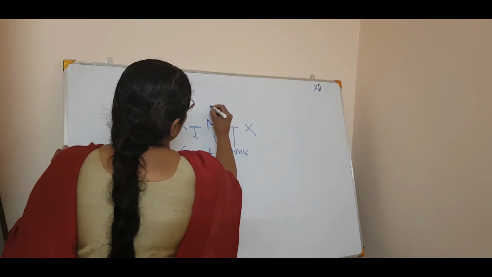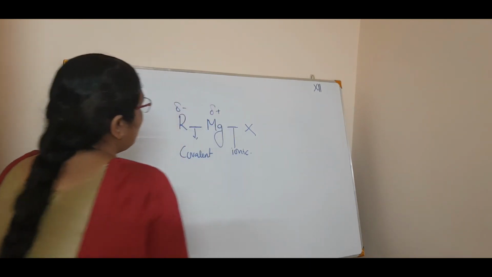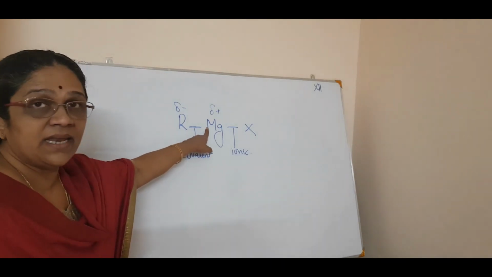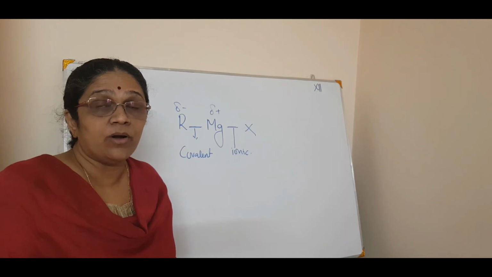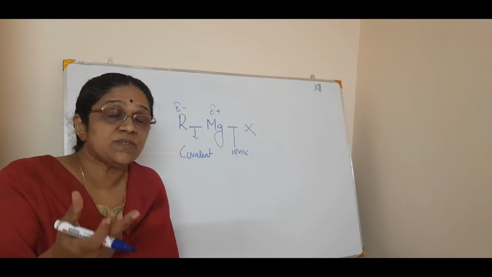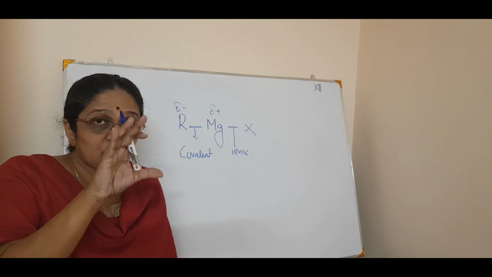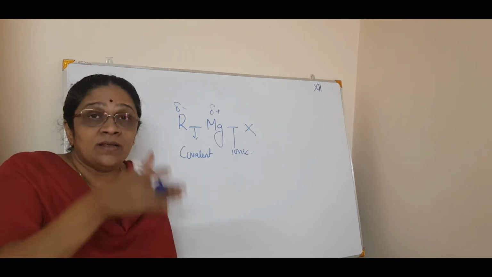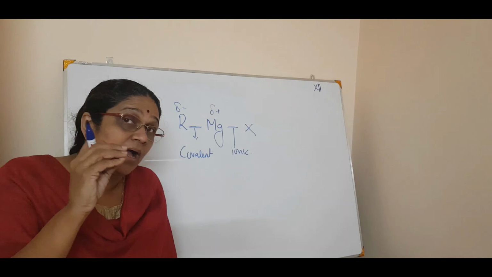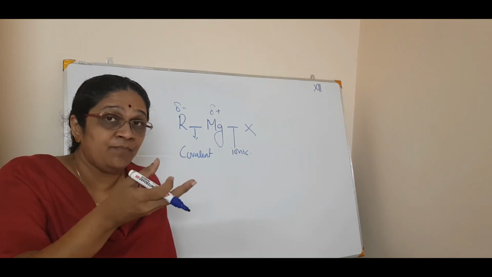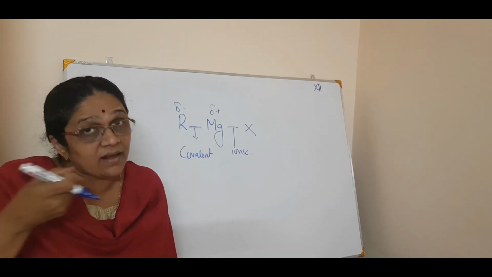That means this will have a delta positive, and this will have a delta negative. You know, polar covalent bond and non-polar covalent bond. Non-polar covalent bond means H2Cl2, same molecule. The electron cloud is exactly at the center of the bond. Whereas in a polar covalent bond, the highly electronegative atom will attract the electron pair towards itself.